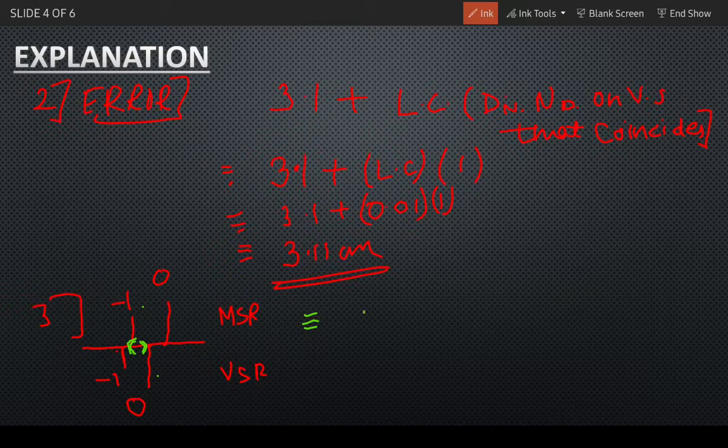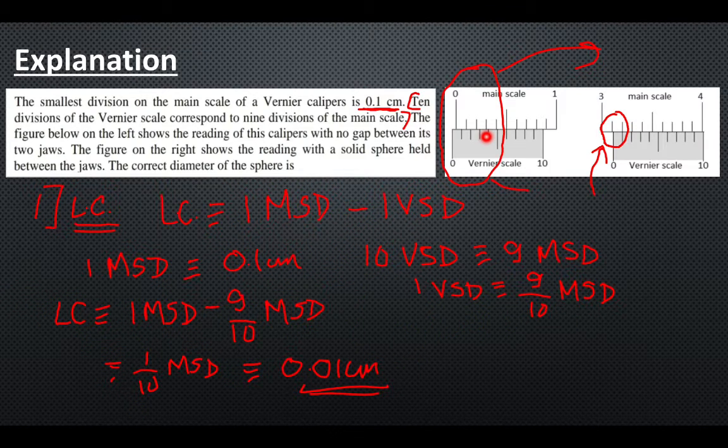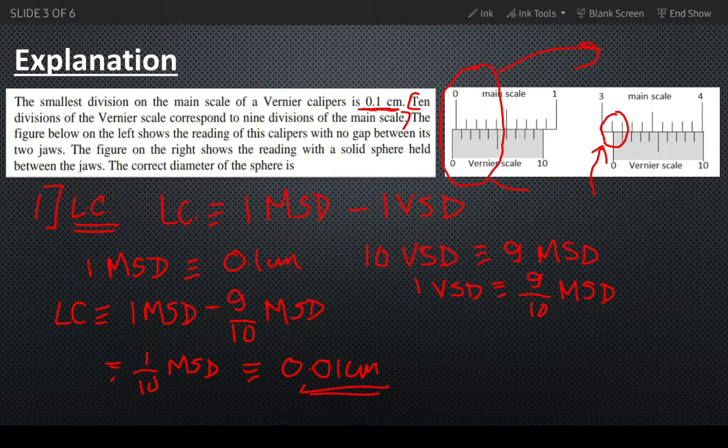It will be the simple calculation of the error that we did in the second part of the question. So it will be 0 plus least count times division number. So it will be least count 0.01 times division number. For division number, we'll look at the figure behind. Over here we can see that the division number is after the 5th division. The 6th division corresponds to the main scale reading and overlaps, others do not. So the division number is 6.